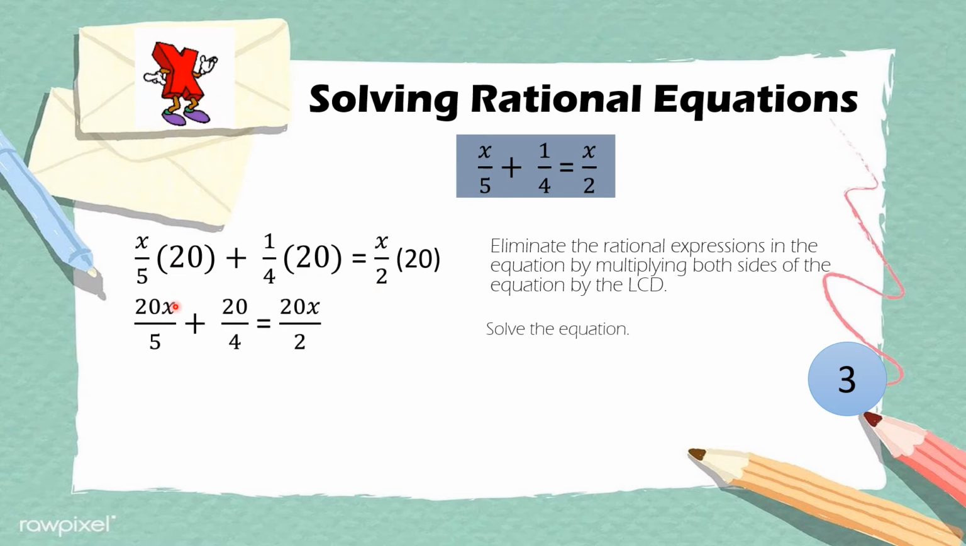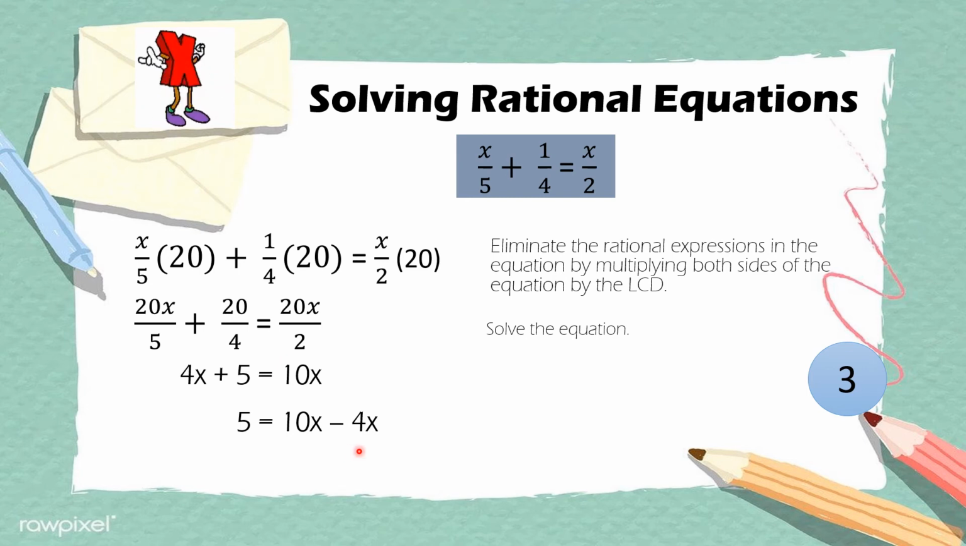We have 20 multiplied by x is 20x divided by 5 plus 20 multiplied by 1 is 20 divided by 4 equals 20 multiplied by x is 20x divided by 2. Simplifying it further, 20x divided by 5 is 4x plus 20 divided by 4 is 5 equals 20x divided by 2 is 10x. Combining like terms, so by addition property of equality, transposing 4x to other side, it will become